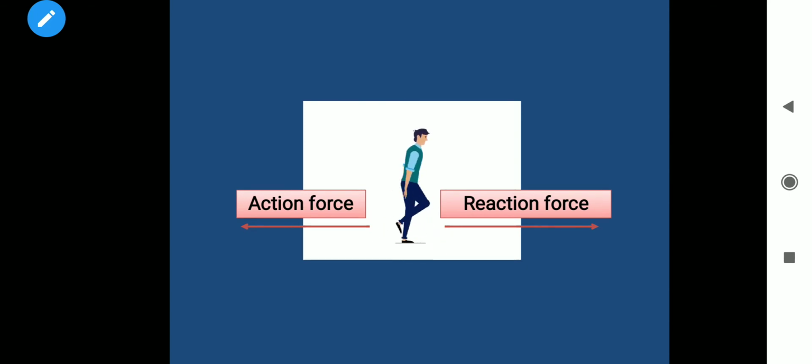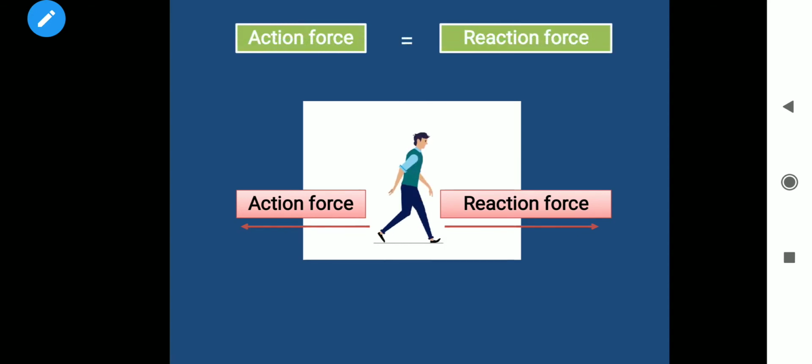As you can see in the picture, if the action force is in the backward direction, then the reaction force will be in the forward direction. That is why we are able to walk easily. Here the action force is equal to the reaction force. Both are having the same magnitude but they are in opposite direction. Next example,